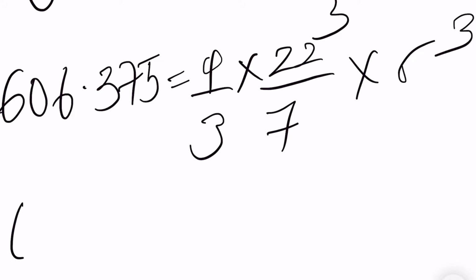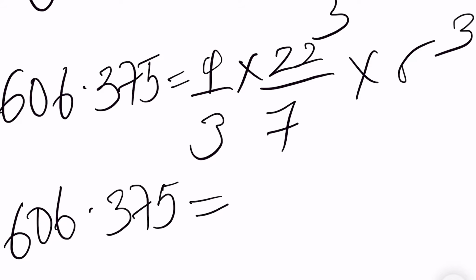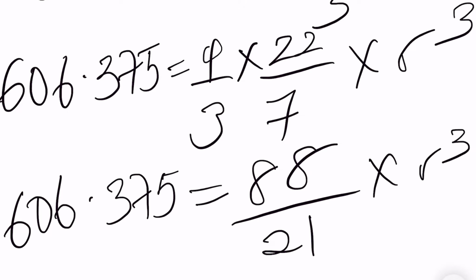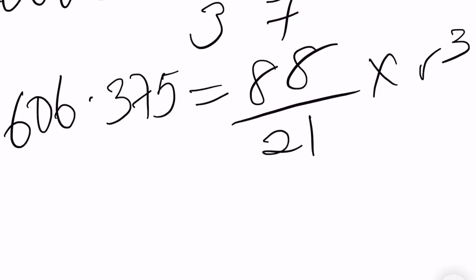So we have 606.375 to be 88/21 times r cube. So when we bring it to the other side, we have r cube